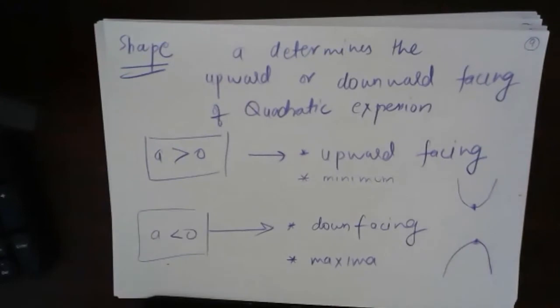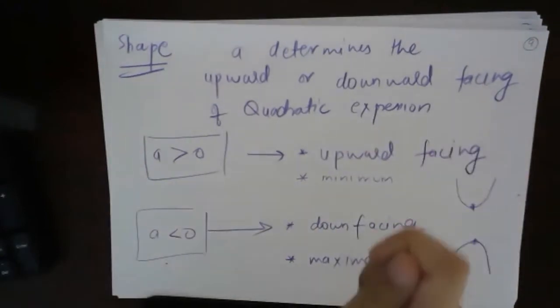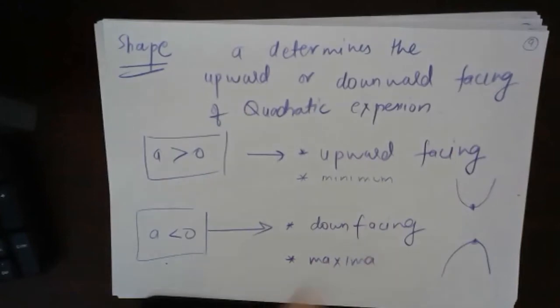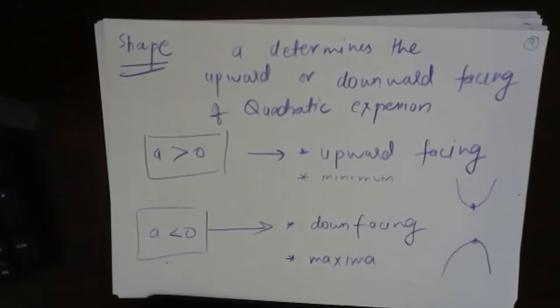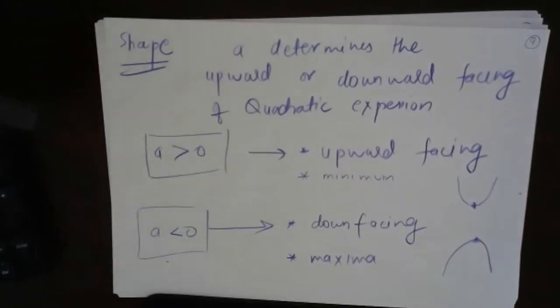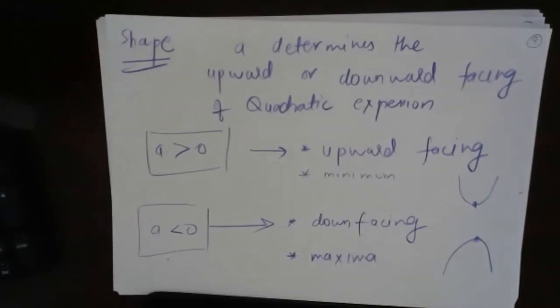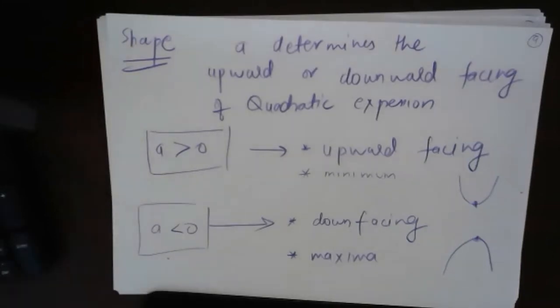This was the actual explanation why A is the only thing which is determining the shape. Understood? Everyone? Very good. Now, after shape, we'll say okay, the shape is fine. Now we understood what kind of a shape it is. But with quadratic expressions, we have always seen roots. With a quadratic expression or quadratic equation, we will always have roots. So, sir, how can we find the roots, or what is the actual meaning of the root?